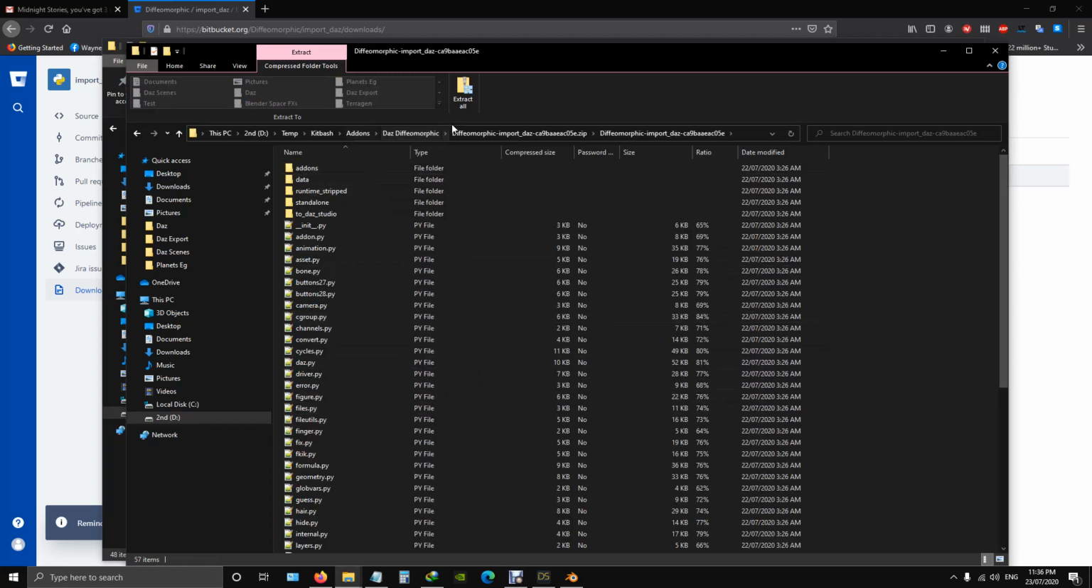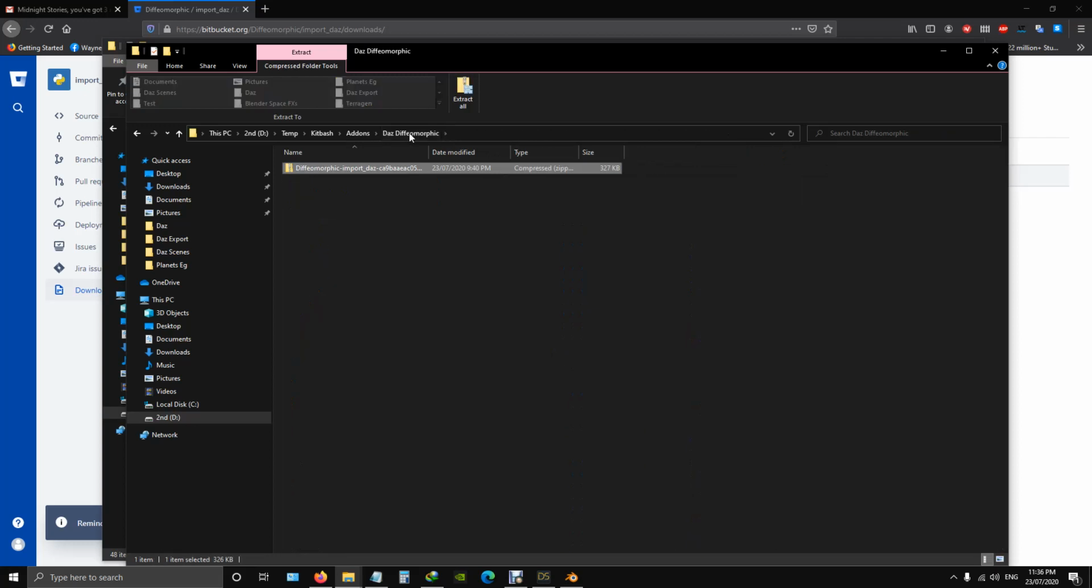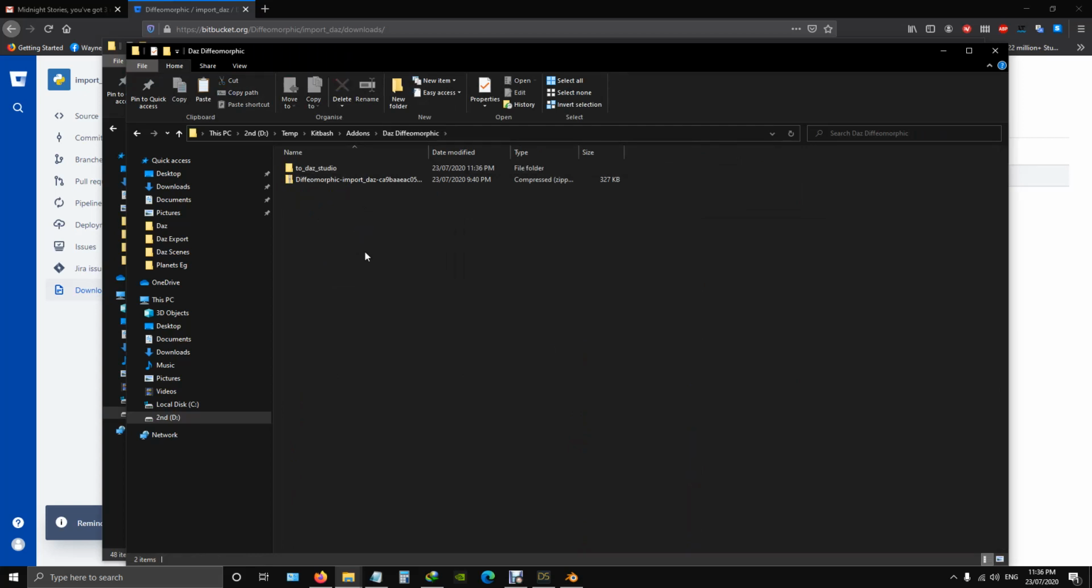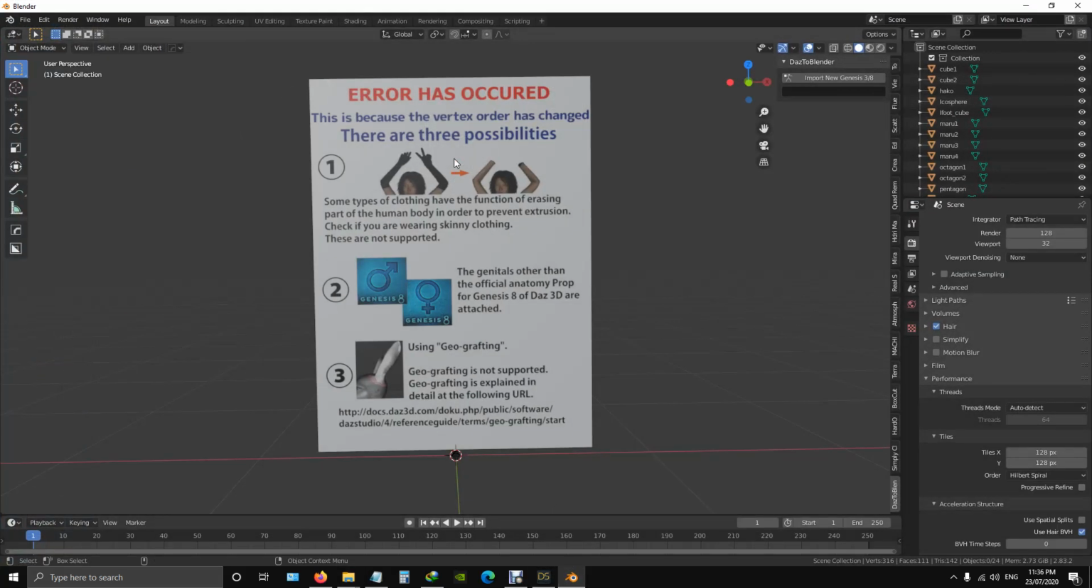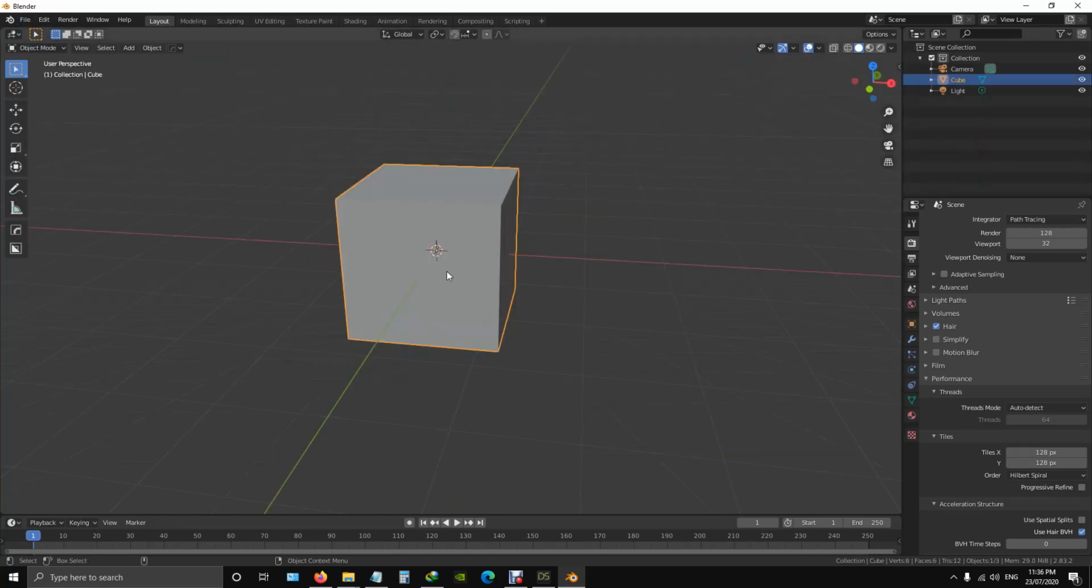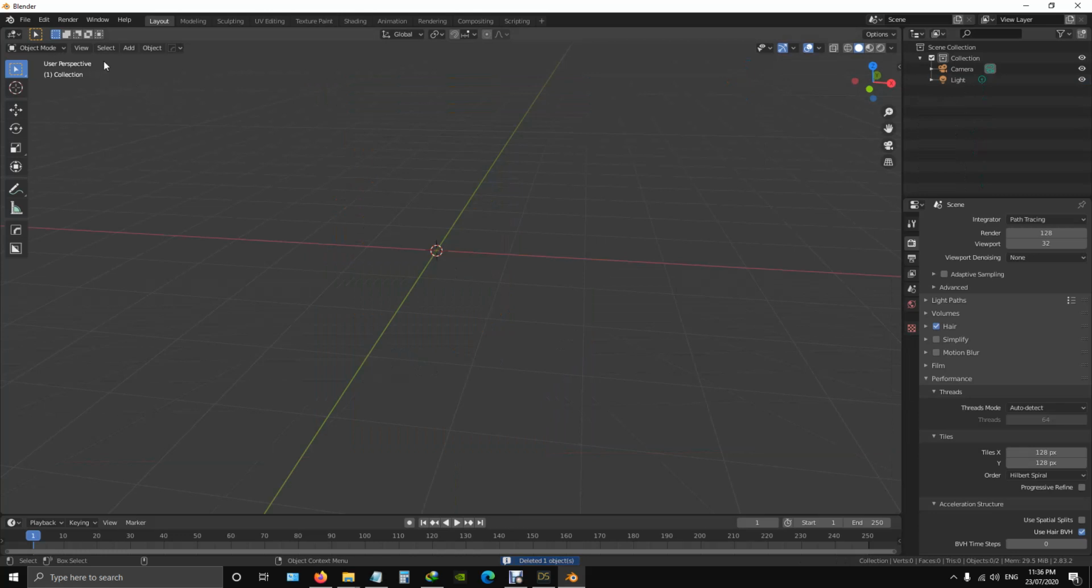So you'll open up your zip, and there'll be one called to Daz Studio. So we'll copy that one, and we'll just paste it here. Okay, we're going to use that later on in Daz Studio, but for now we'll just go to a new scene in this one, new general,